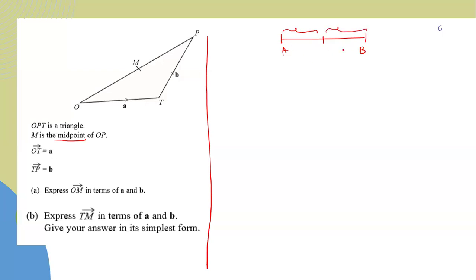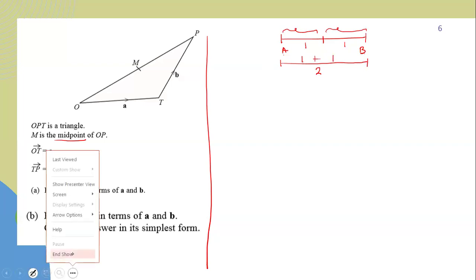So if this is my line AB, and they have told you that M divides it into two equal parts, it means that here I'll have one part and this part must be the same. So this is 1 and this is 1. In case this is 2, also this will be 2. That's what you call dividing something into two equal parts. But the total ratio for the two parts is going to be 2, because I'm going to have 1 plus this 1, which will give me a 2. That is the first thing I want us to understand as we dive into our discussion today.